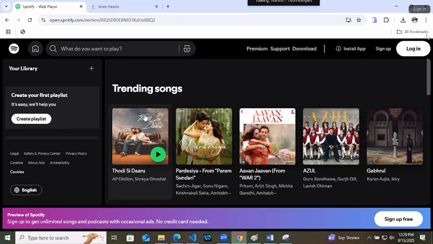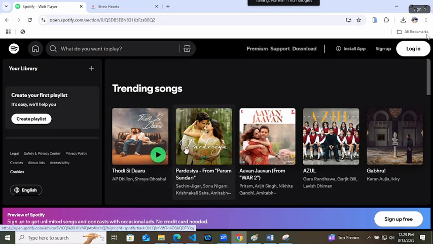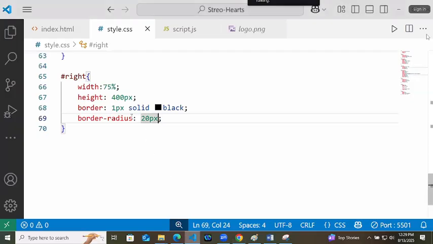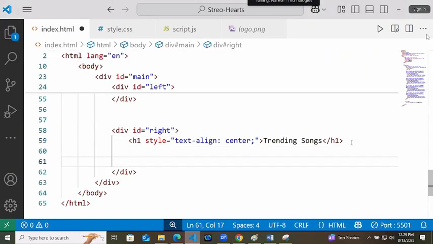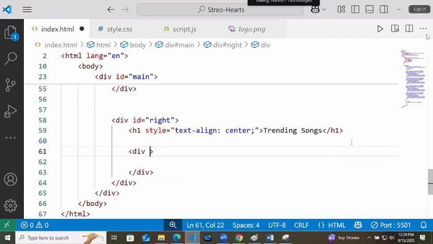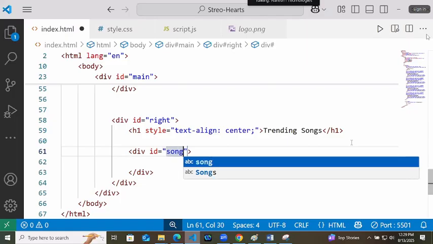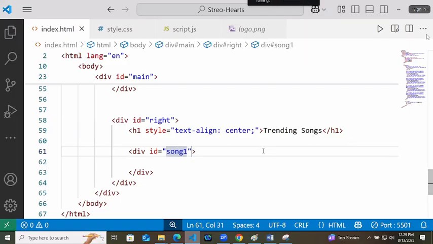Okay. So this is a div with a name, singer name and the button. Here we will create a div with the ID as song 1, right?